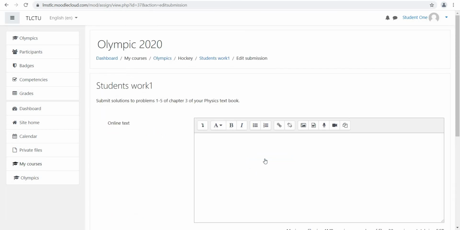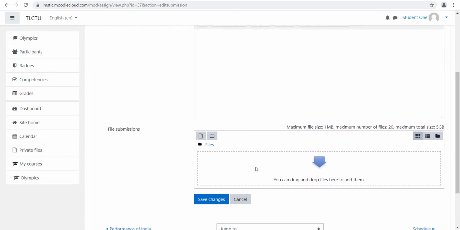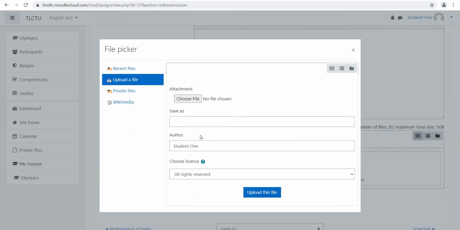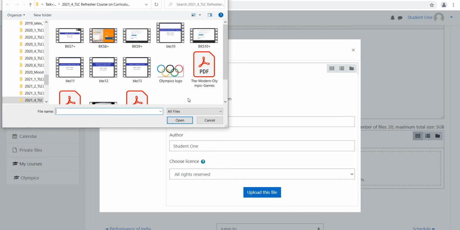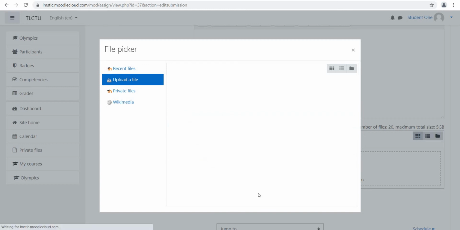There is an option for online text for the submission, or the student can upload a file. Suppose the student wants to upload a file here by choosing this file picker and choosing an appropriate file. Here we are uploading one and giving a name, my student 1 submission, and then uploading this file.